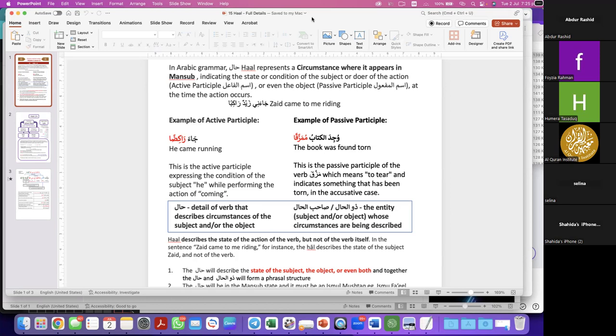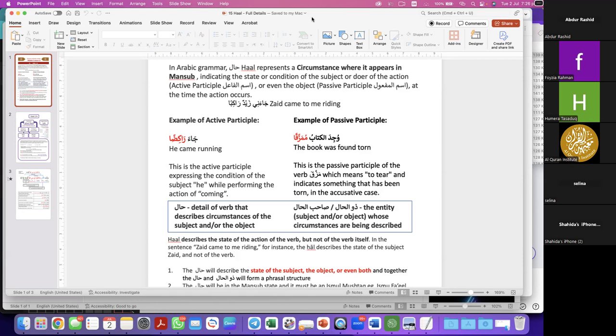Ja'ani Zaidun Rakiban. Here, Ja'ani is the fi'l madi, ni is maf'ul bihi. Ja'ani, he came to me. Then we got Zaidun. Zaidun is the external fa'il, outside doer of Ja'a. So it's replacing huwa. So Zaidun, Ja'ani, Zaidun Rakiban. Zaidun came to me. How did he come to me? What circumstance, under what state, under what condition he came to me? So